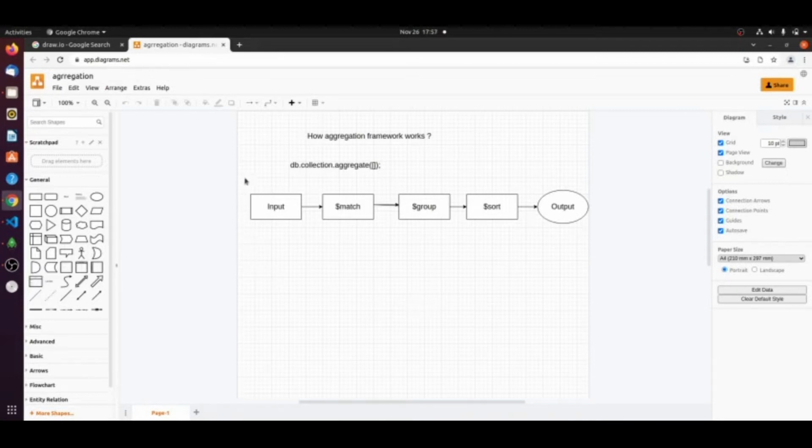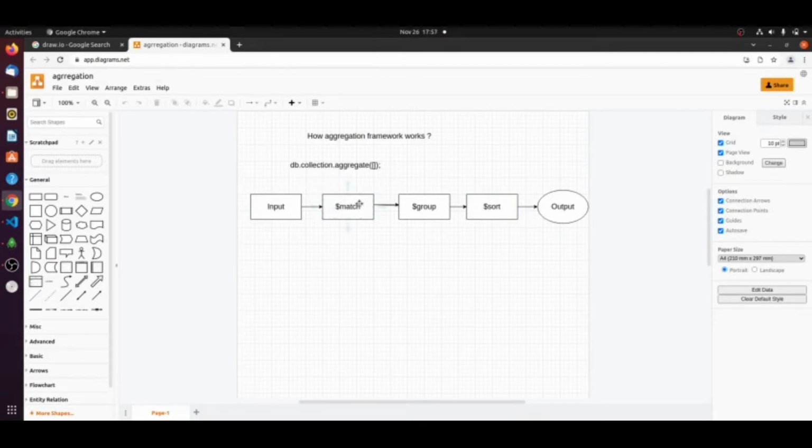Let me show you. If you can see my screen, I have drawn one diagram. Let's say we gave the input here, and match, group, sort are the stages we want to perform, right? And finally we'll get back the output. So how does this aggregate method work in this case? It takes the input. First it matches some documents.